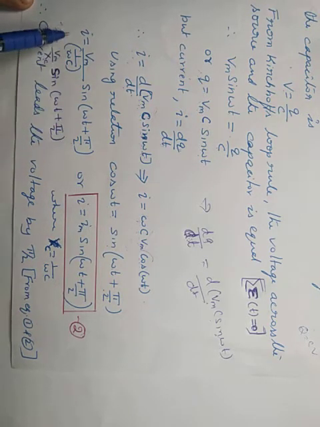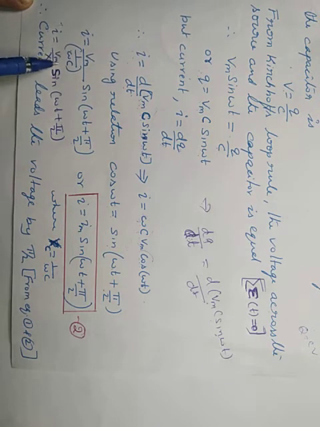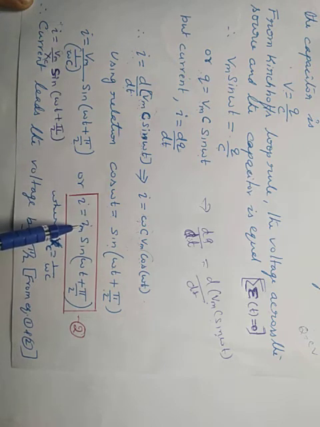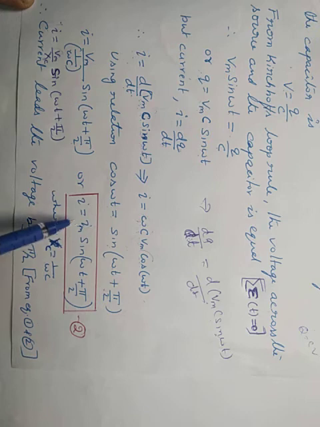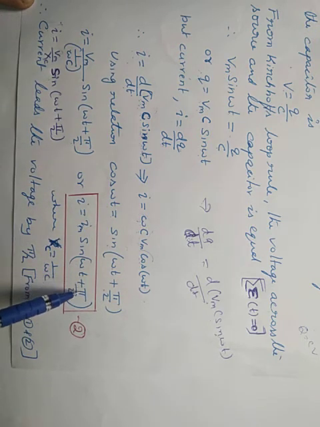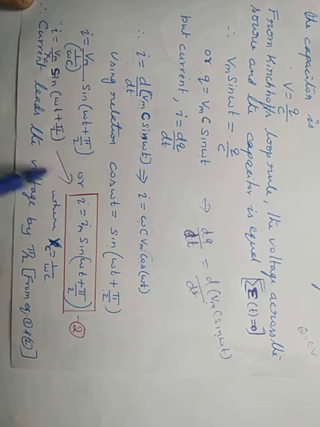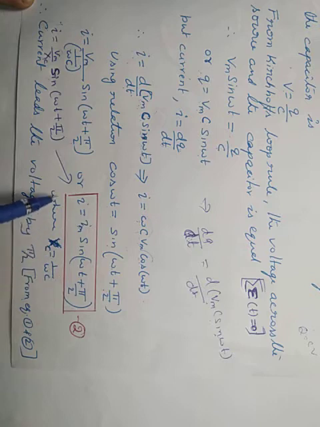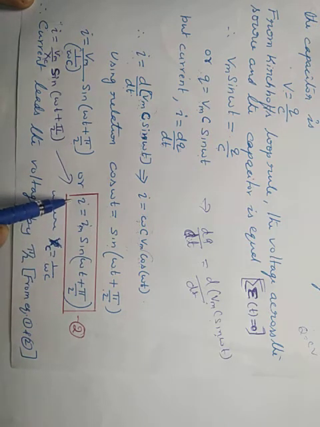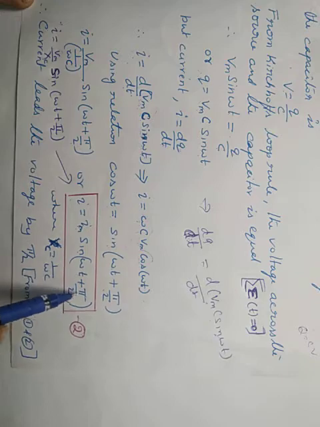See this equation carefully. We have I equal to Vm by something, that is nothing but resistance here, Vm by resistance, that is Vm by Xc, the capacitive reactance. So, this can be written as Im, using Ohm's law, Vm by Xc written as Im. Then next is the same thing, sin omega t plus pi by 2. I equal to Im sin omega t plus pi by 2. We got the final equation for current, I equal to Im sin omega t plus pi by 2, equation number 2.